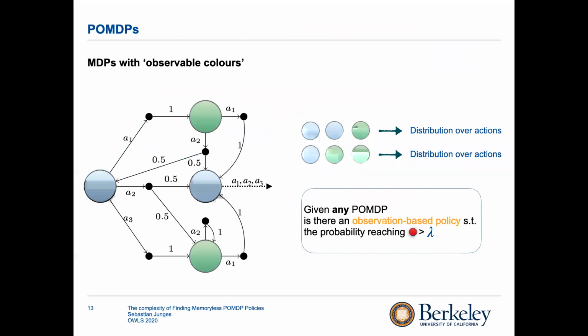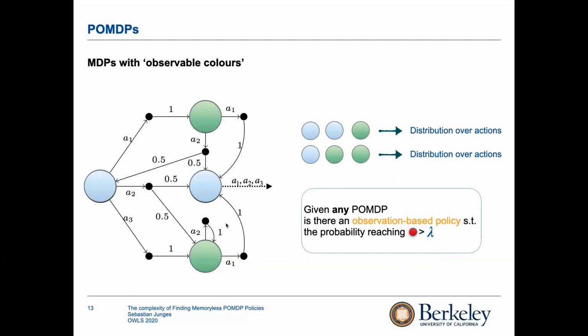Then the last model, finally, POMDPs. POMDPs are now partially observable Markov decision processes. And for this talk, it suffices to think of them as Markov decision processes where every state is labeled with a color. And now the key question in POMDPs is you get such a sequence of colors. This is what you observe from the system, and now you have to select a distribution over the actions that